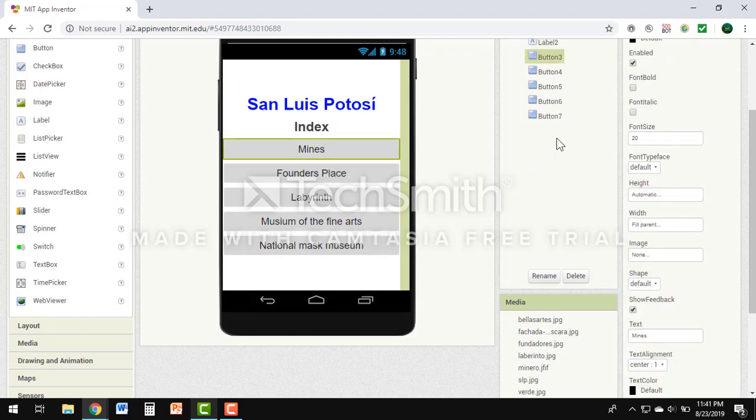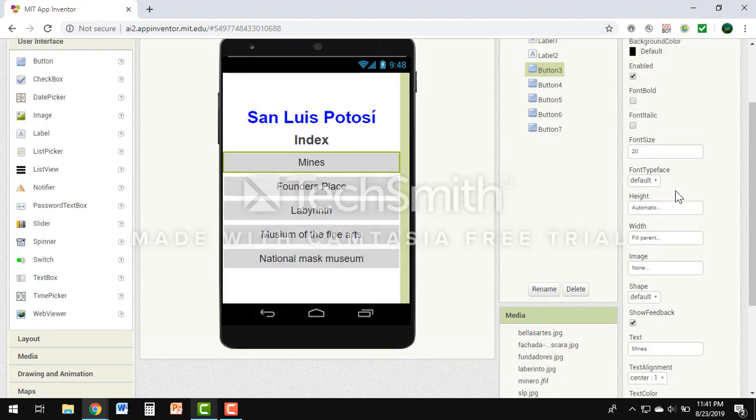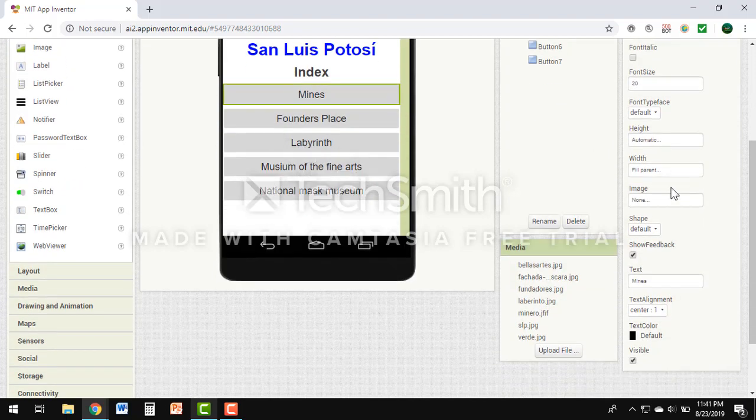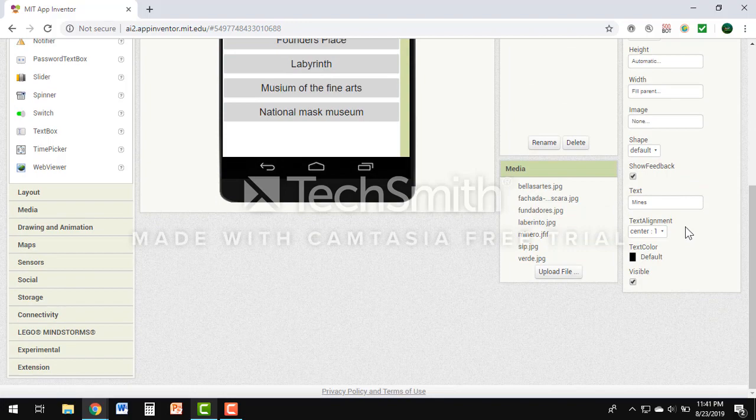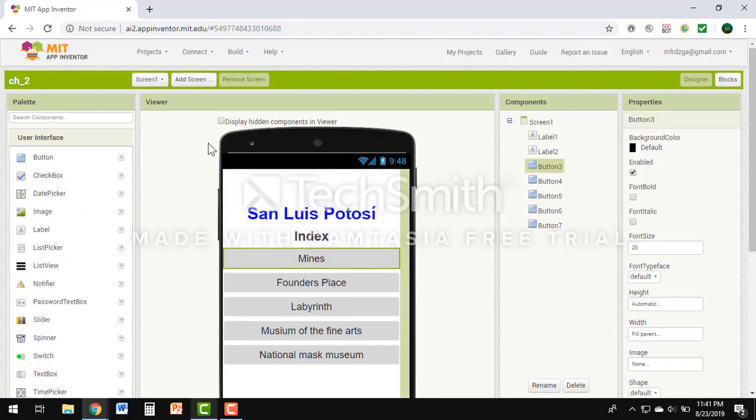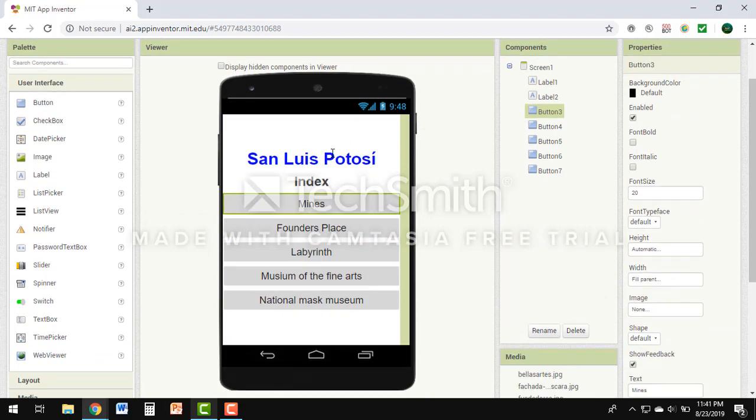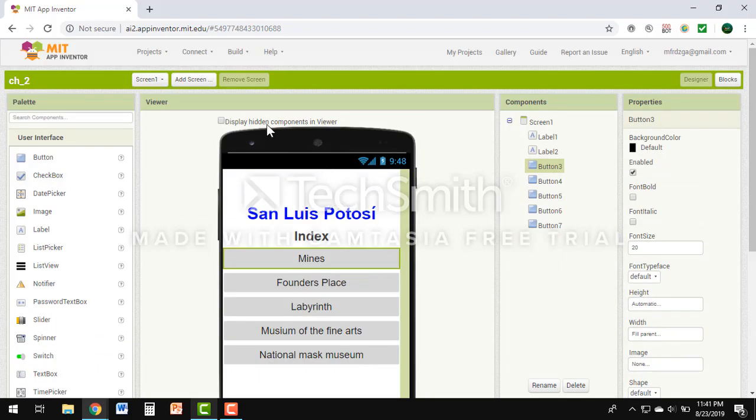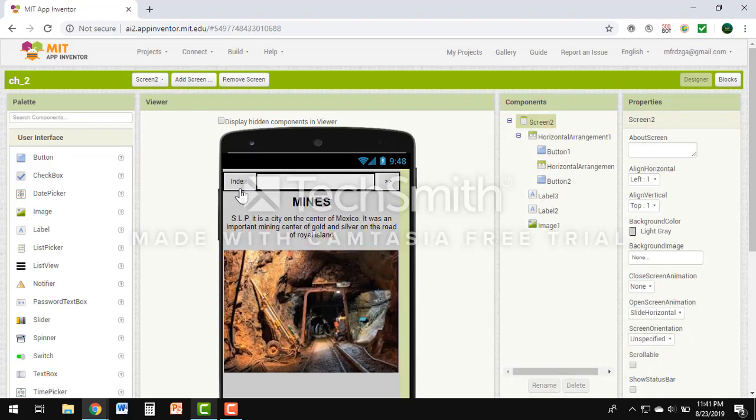On the buttons, I also changed the width and the font size. I didn't change the text color. I changed the text in the order that I will put my screens with the information of San Luis Potosí, as you can see. Then, screen 2: I added 2 buttons and 2 horizontal arrangements,